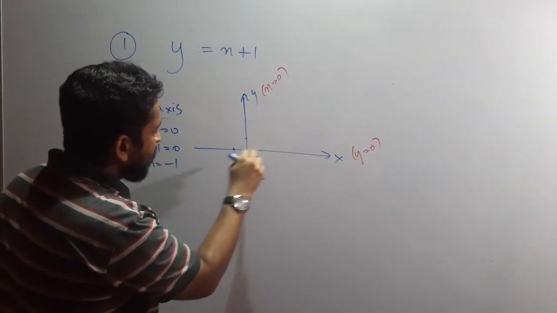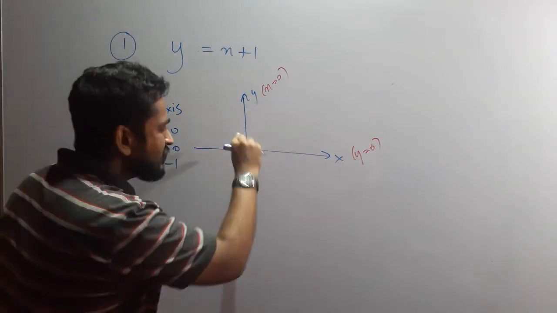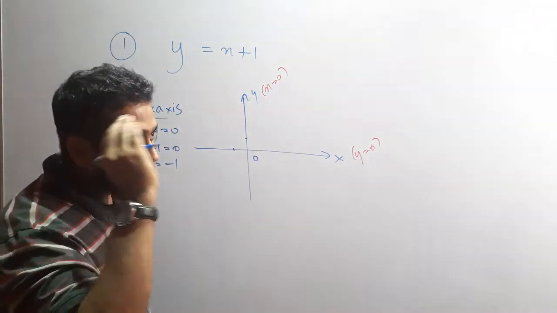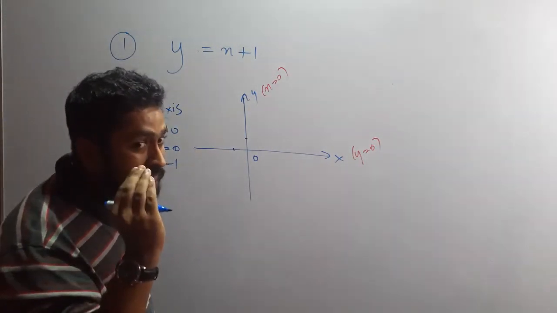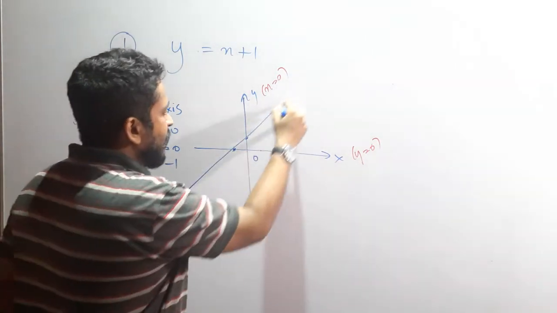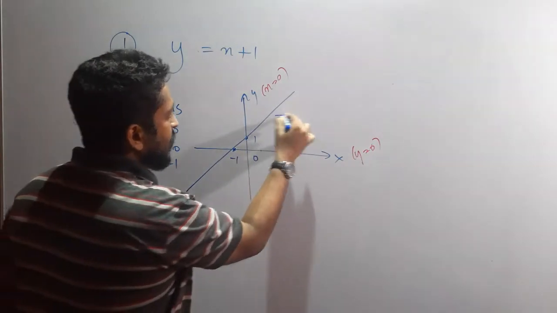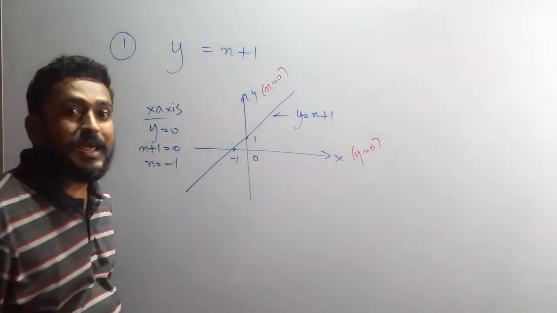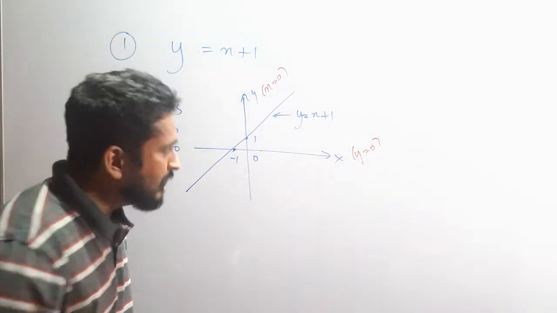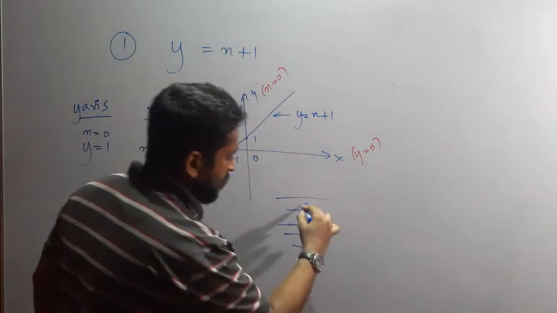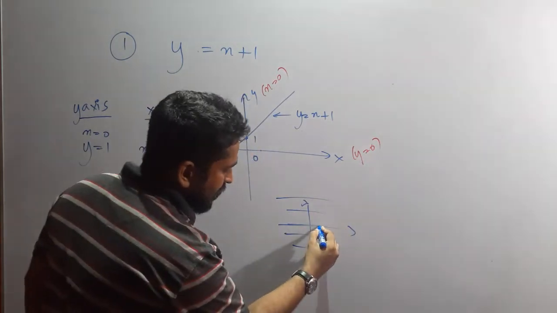Minus 1. Then what about y plus 1? The same thing. We are not measuring. By mind we are measuring or estimating. Yeah, it is plus 1, minus 1. Get those joined. Plus 1, minus 1. Name the graph. y equals x plus 1. Name the graph. Got it? That's it. On your square rule book, what you are doing is here done. 1 plus 1, this much I will take.